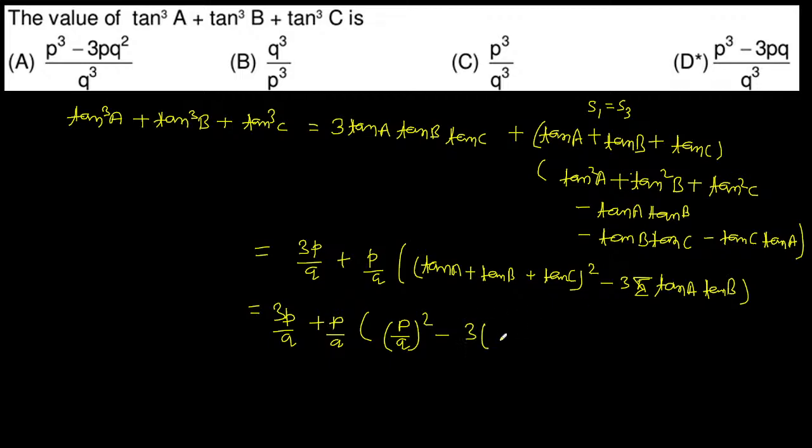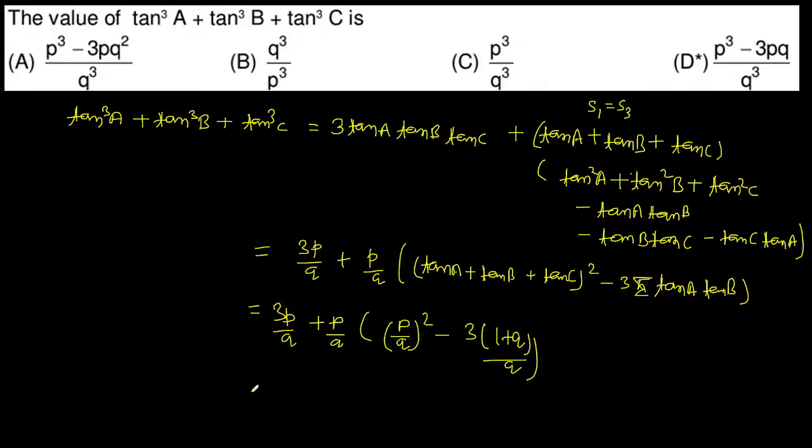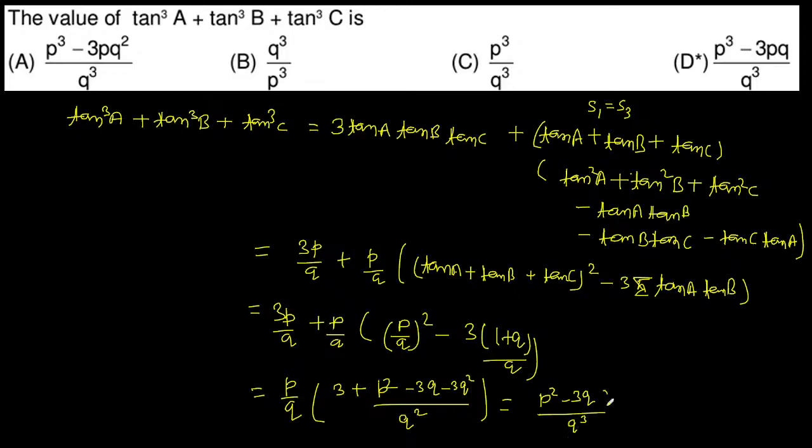और इसका वैल्यू 3 टाइम्स ऑफ 1 + Q/Q था। अगर आप पीछे देखें, इसका वैल्यू 1/Q था। तो P/Q को कॉमन लें, 3 + P²/Q² − 3Q − 3Q², ऐसा कुछ हो रहा है। LCM लें तो ये कैंसिल हो जाएगा, बचेगा P² − 3Q/Q, और यहाँ P बाहर रह गया। तो ये हो गया (P³ − 3PQ)/Q³।